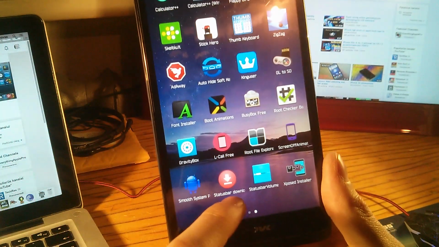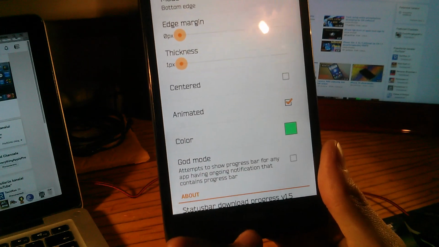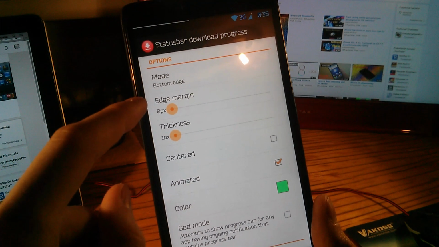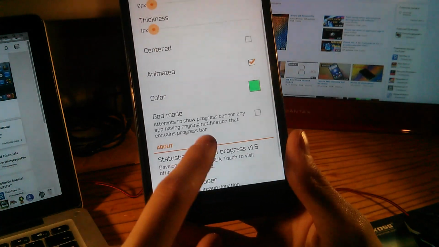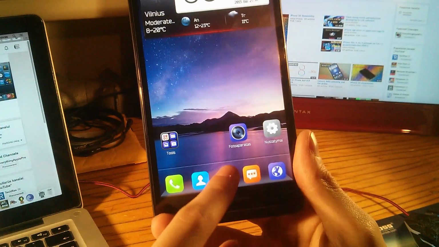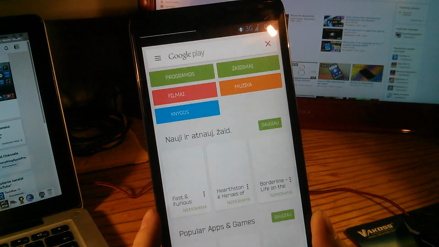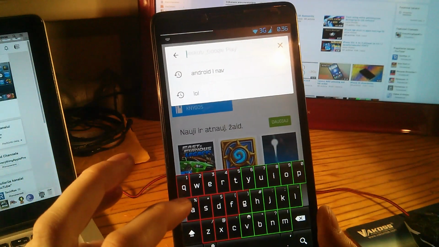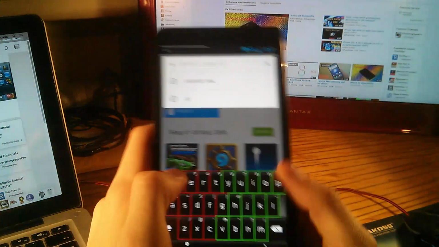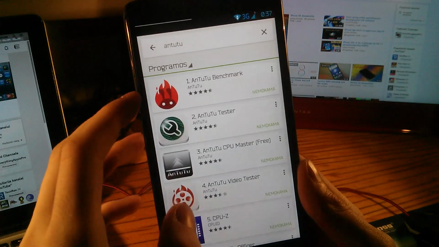Then we should talk about the status bar download. As you see, you have a mode, bottom edge, edge margin, thickness, and when you download a program, on the status bar appears a small line. For example, I can add to benchmark,